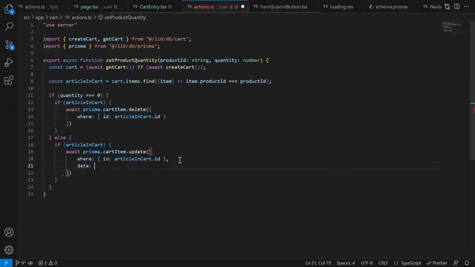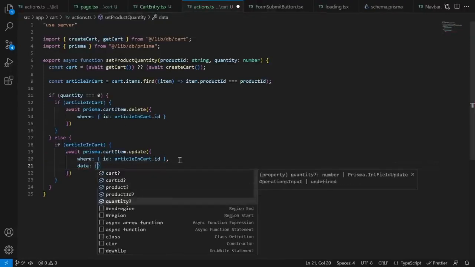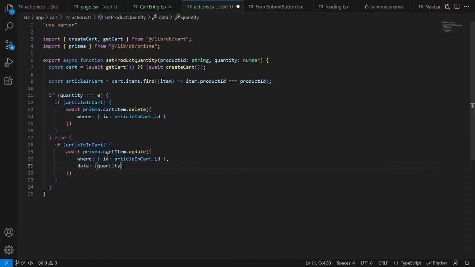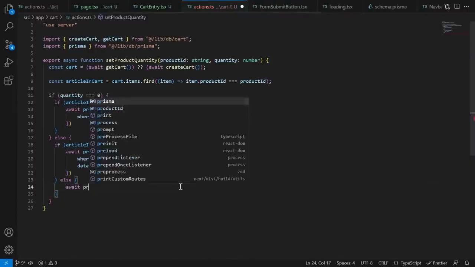But this time we also want to set the data. We want to pass the new quantity. And again, since the field and the variable name are the same, we can use the short syntax here. Okay, and then we add an else block to this inner if here. So if article and cart is not defined, if we don't already have this item in the cart, then we want to await